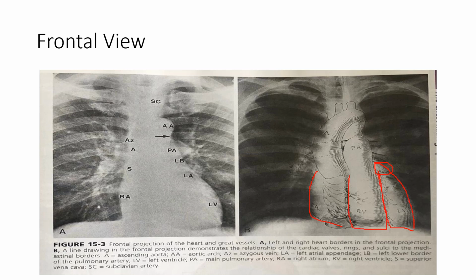Two main arteries are seen: the main pulmonary artery, which can be made out on the left heart border, and the ascending aorta and the aortic arch, with the aortic knuckle seen on the left heart border. All of these structures form 7 important contours. There are 3 on the right side and 4 on the left side.